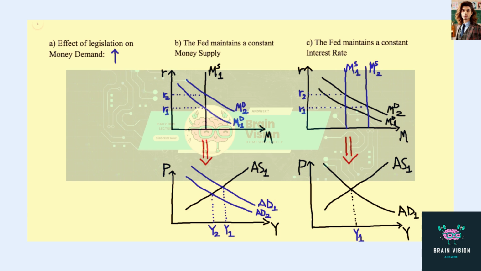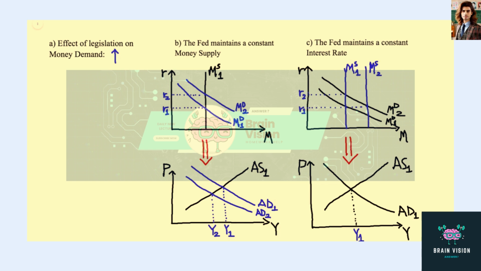Now, what is the effect of a higher interest rate on the macroeconomy? Well, if we think about it, a higher interest rate has two directly negative effects on aggregate demand. First, a higher interest rate lowers the incentives for consumption, since people would be more willing to save some of the money rather than spend it all away because they're earning some interest. And second, there's also a negative effect on investment, since businesses will be less willing to invest because they're facing a higher interest rate, which makes it more difficult to get a loan and invest in a project.